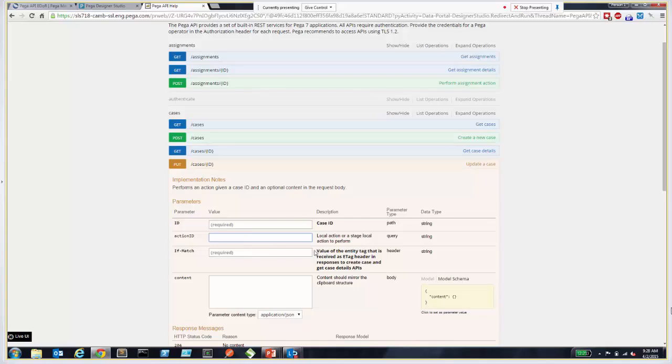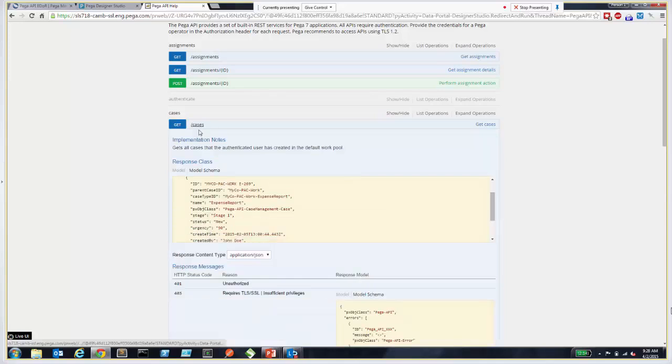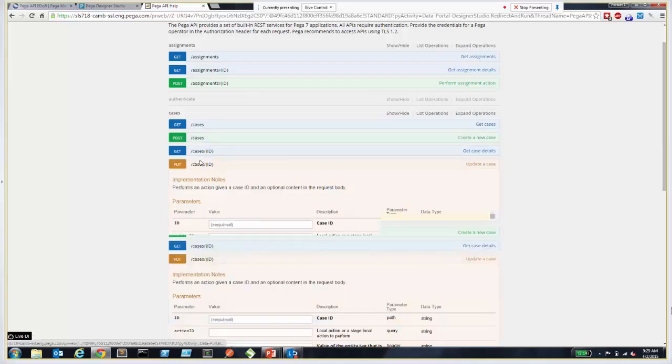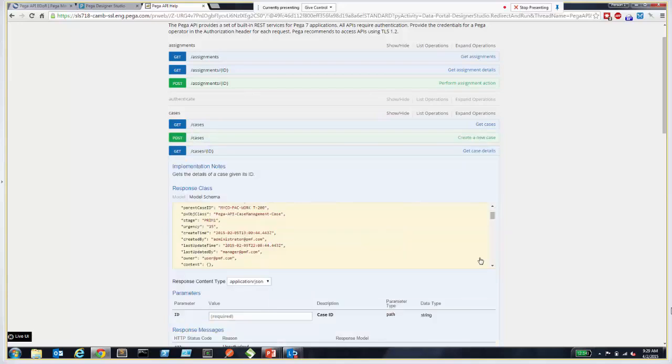Now there's another value here, if match. This is to prevent people from inadvertently overwriting someone else's changes. So what happens here is that whenever you do a get case ID, we return